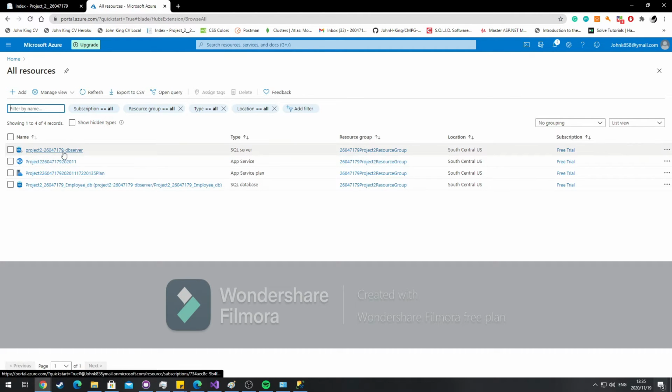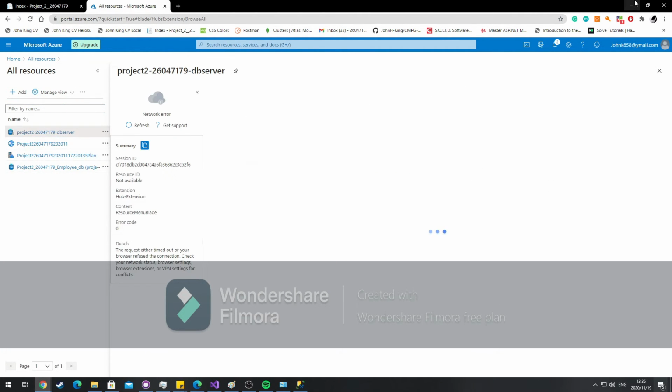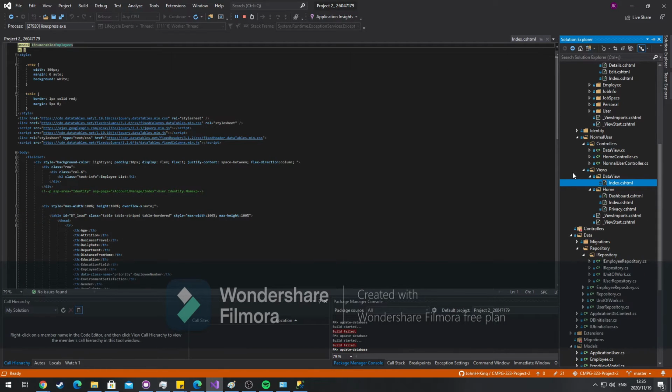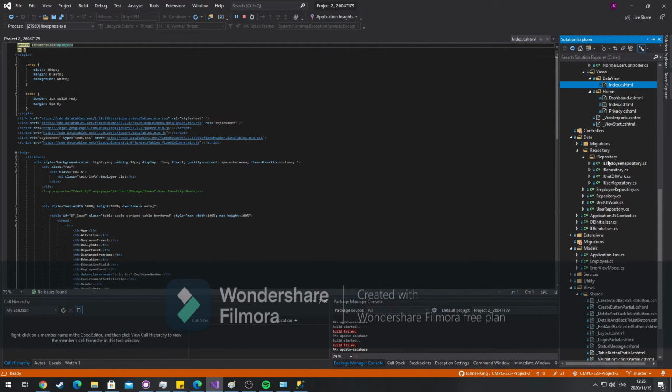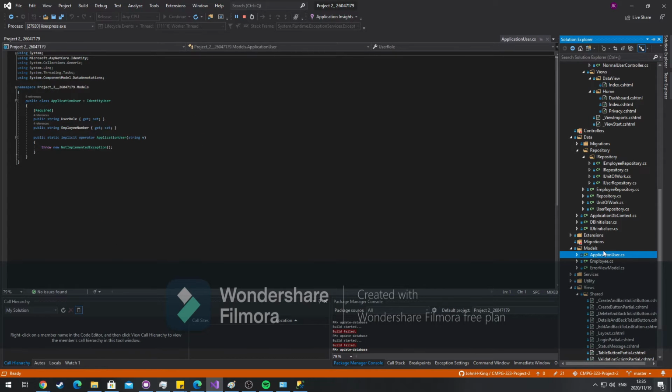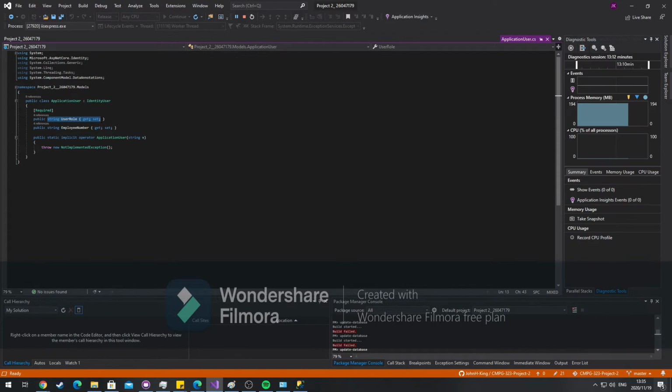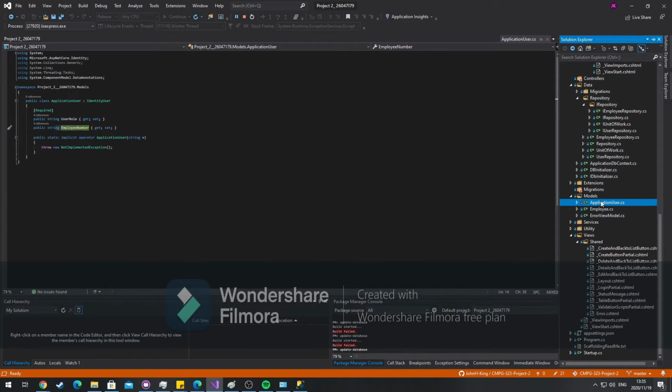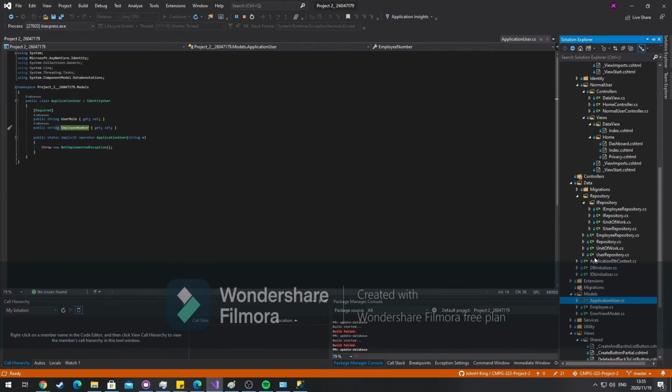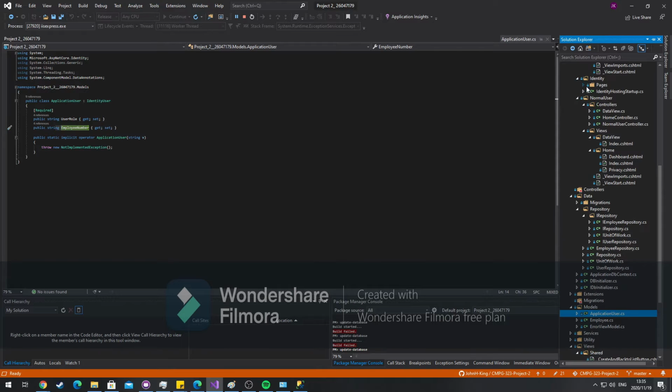I could even go inside of here where you get the connection strings and so forth. Now, we go to models, application user. Now, I also had to put this inside of the repository. I put this in second after I knew the employee worked. So all this gets is the user role and employee number. Now, where does this get sent? This gets sent inside of the register page in identity